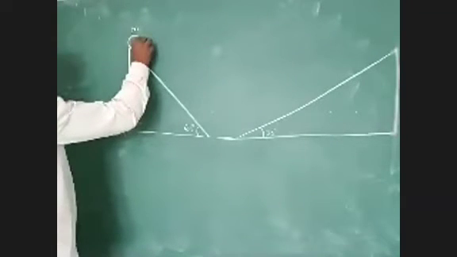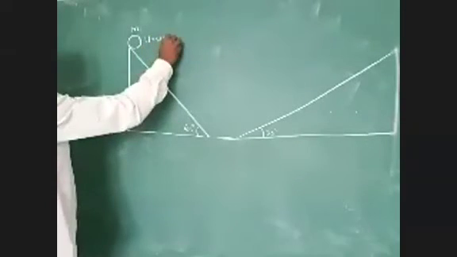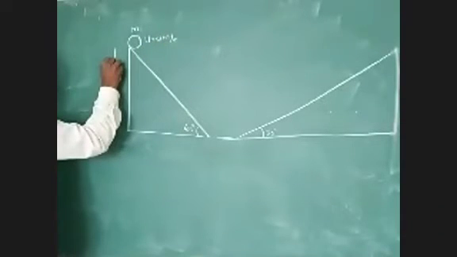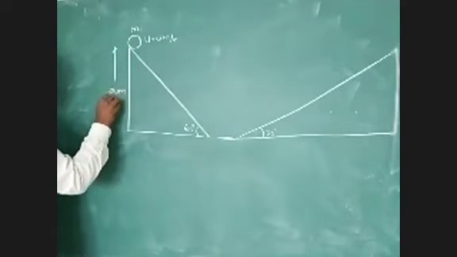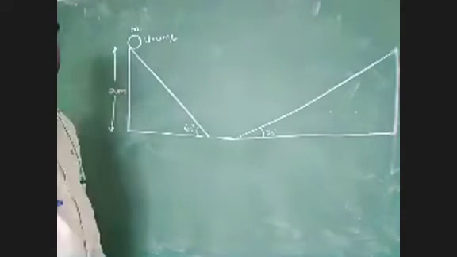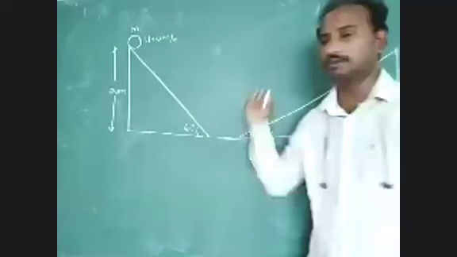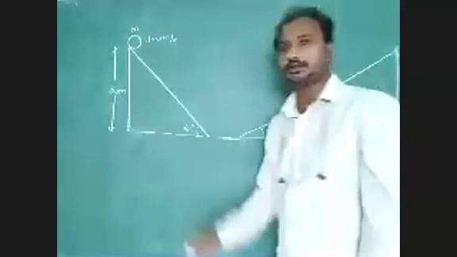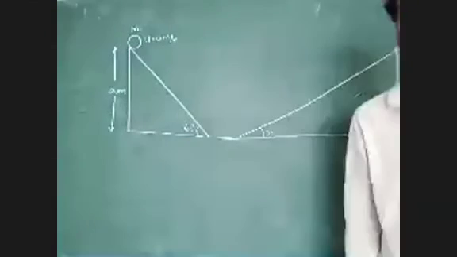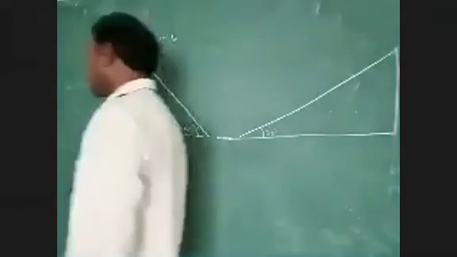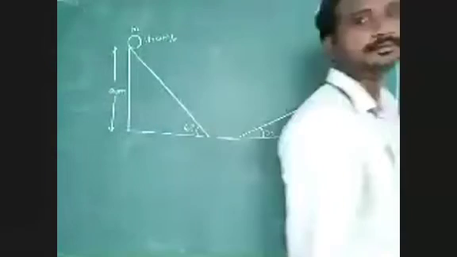Consider m1, initial velocity how much? u equal to 0 meter per second. The initial height of the body with respect to ground we consider 20 meters. What is the final position of the body on the second inclined plane surface? What is the final velocity of the body on the second inclined plane surface? You have to think and find that answer.